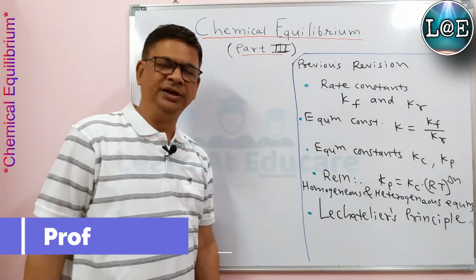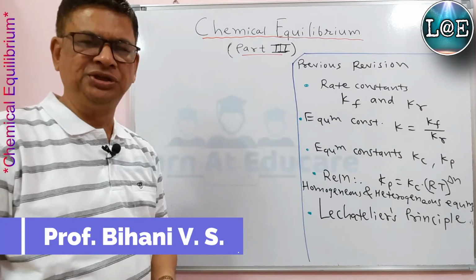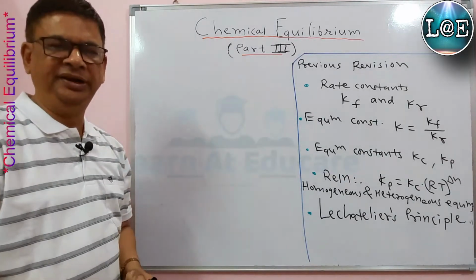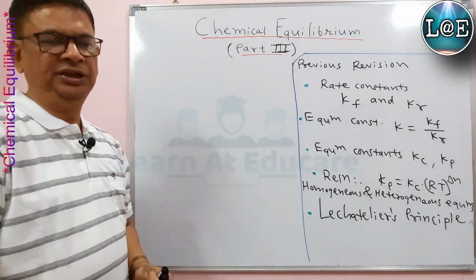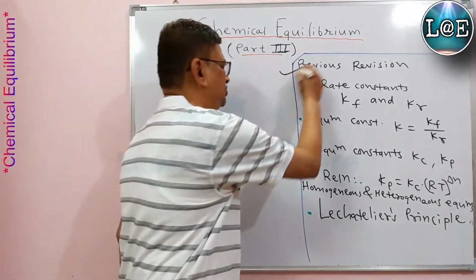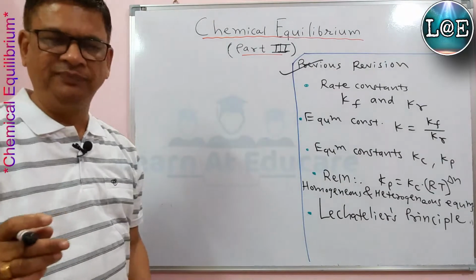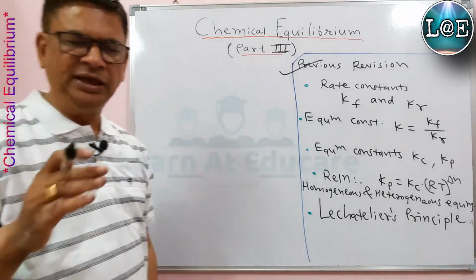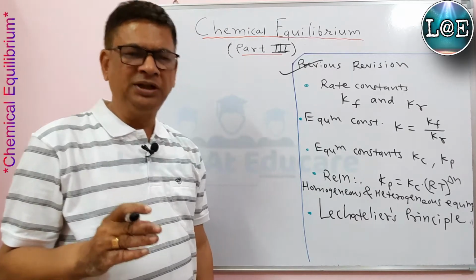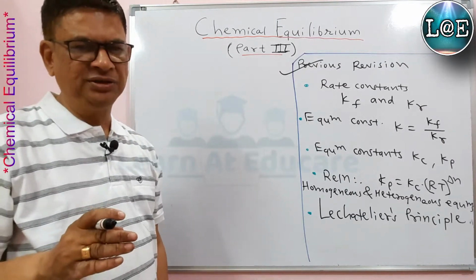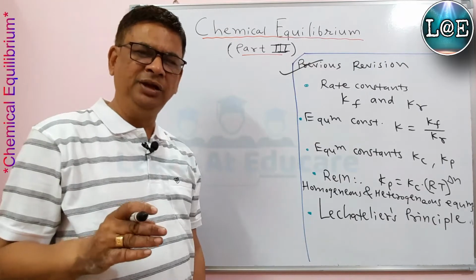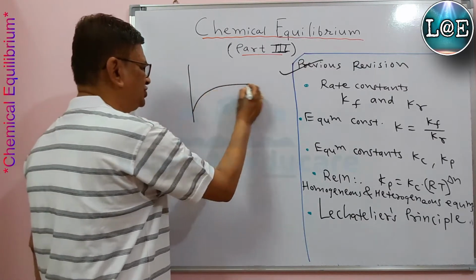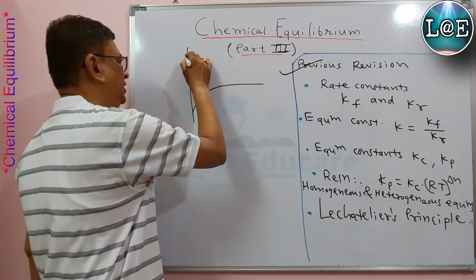This is Vinod Bihani, and in this chemistry session today we are continuing our discussion on chemical equilibrium, its third part. In the previous two parts, as a short revision, we have seen what physical equilibrium means, what chemical equilibrium means, what reversible and irreversible reactions are, what the concept of chemical equilibrium is, and this very important chart. So it was this graphical representation for the chemical equilibrium.